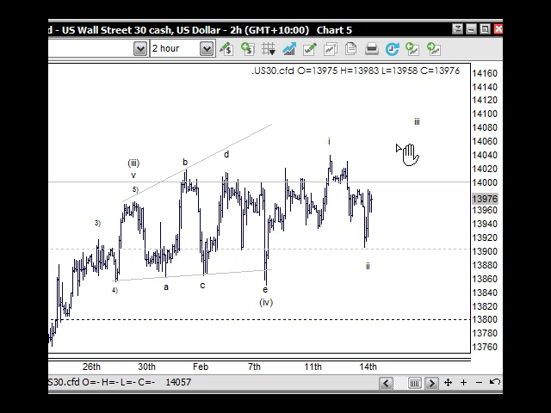The flip side of this is that we were looking for the US dollar to push down through 80. That's not the case. It's going to make another high, and we'll look at that in a moment. So we don't have that on our side at the moment, but the S&P 500 chart that we just looked at has got quite a clear situation to the upside.